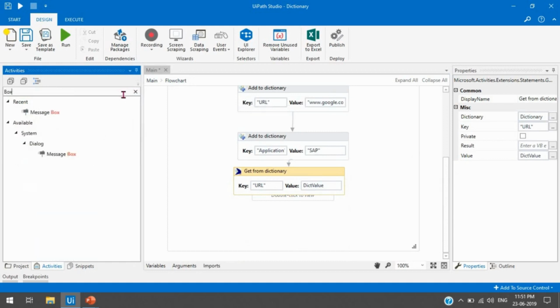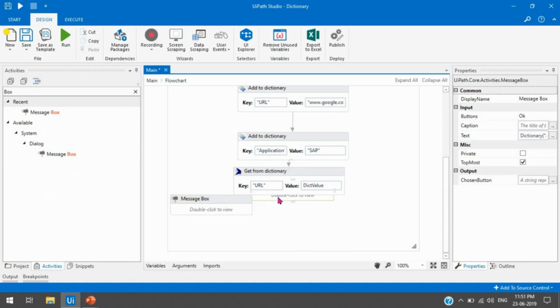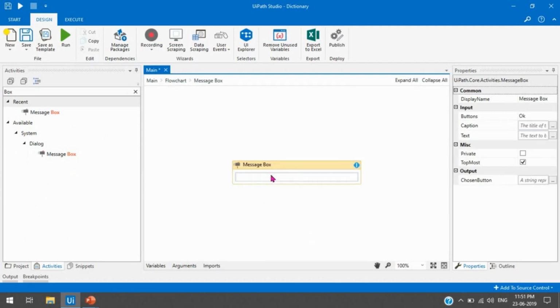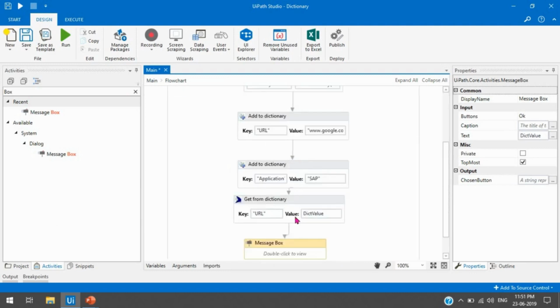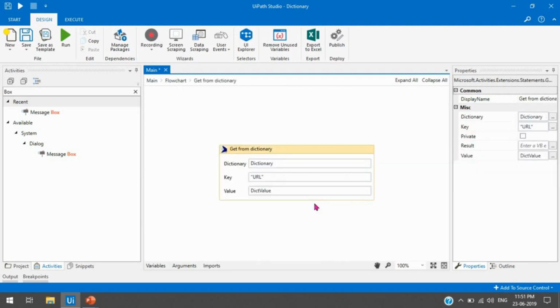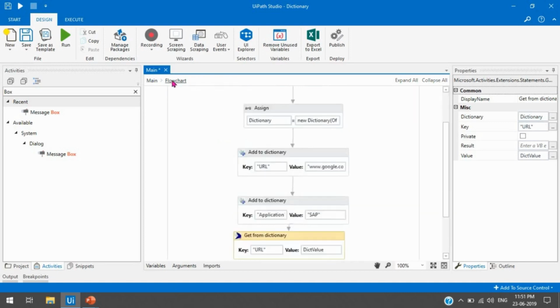and with the use of this variable, I need to just use this created variable to get the value. Let me take one message box. I think we have the message box here in the background. Let me delete this, and now select this, and here I need to just pass that dict value. So here in this variable, we will get the value of this key URL, and let me run this.